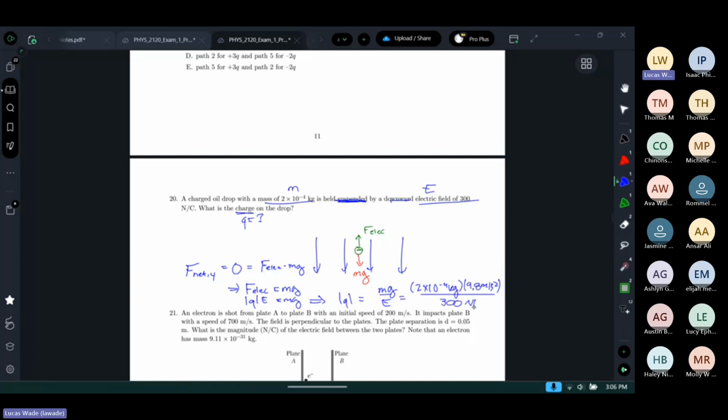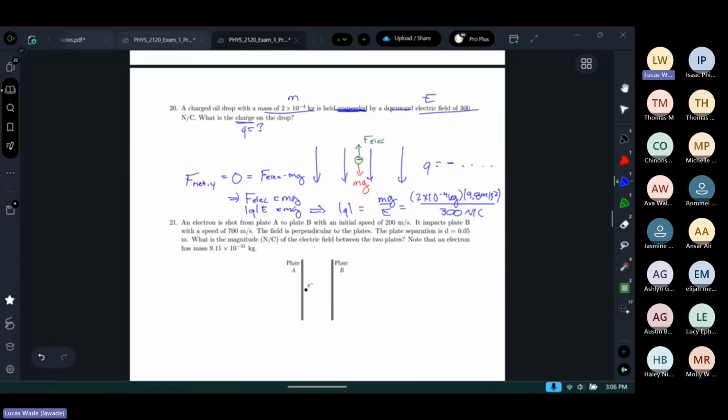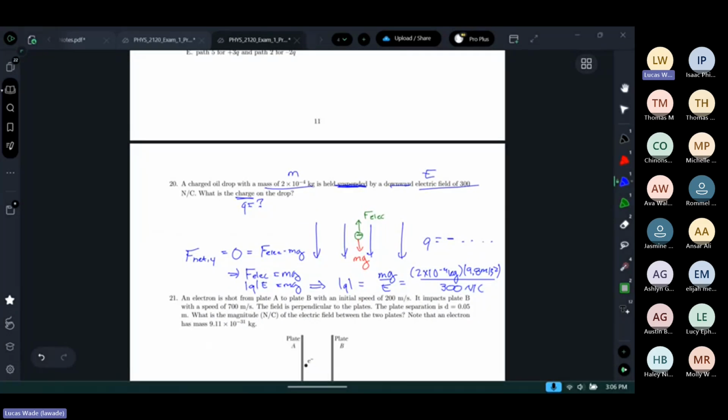And 300 for that. And the answer is whatever it comes out to, but I should add in a negative for the actual value of my charge because I found that from my picture. So negative whatever that number is. All right, so that's 20,